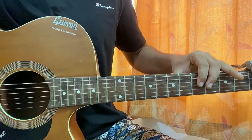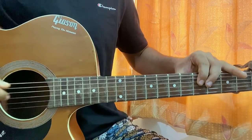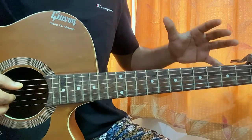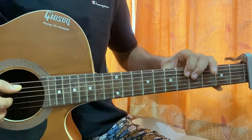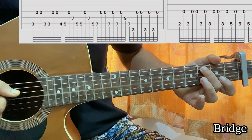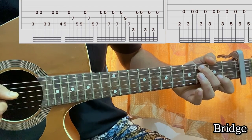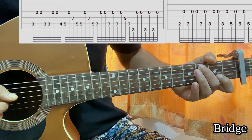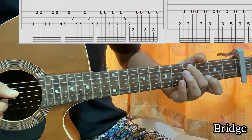By the way, then we have the next chorus, and after that we get the bridge, and over here we have some different stuff going on. Have a look at the tab. We are changing the pattern somewhere for some chords. So C major, you play 3, then you play open G, then third fret on A, then third fret on A, open G, then fourth fret on A, then you go to